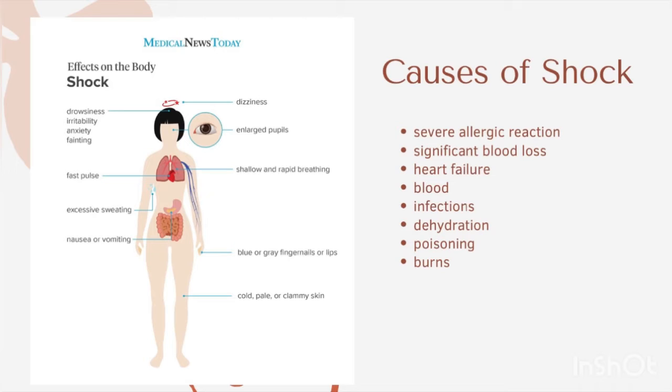It gives effects of drowsiness, irritability, anxiety, fainting in our head and in our eyes. It gives enlarged pupils. It gives an effect of fast pulse in our heart, shallow and rapid breathing for our lungs, excessive sweating in our armpits, nausea or vomiting, blue or gray fingernails or lips, and cold, pale, or clammy